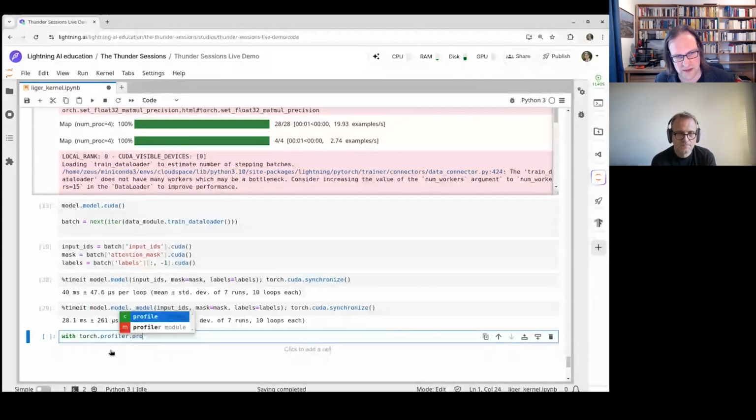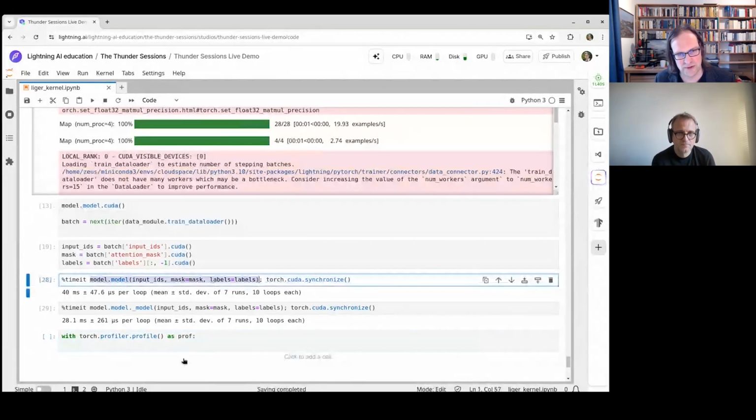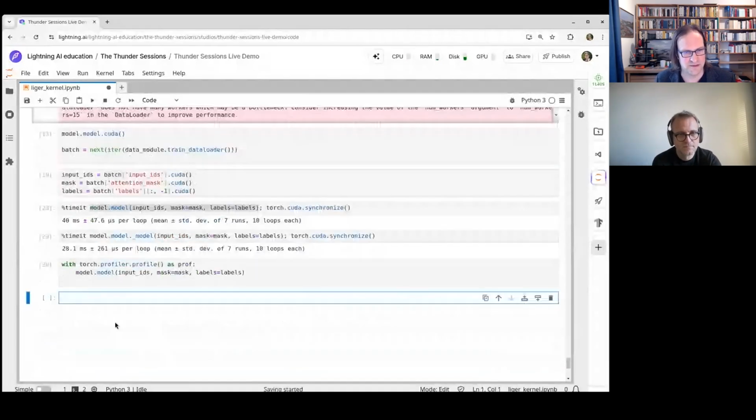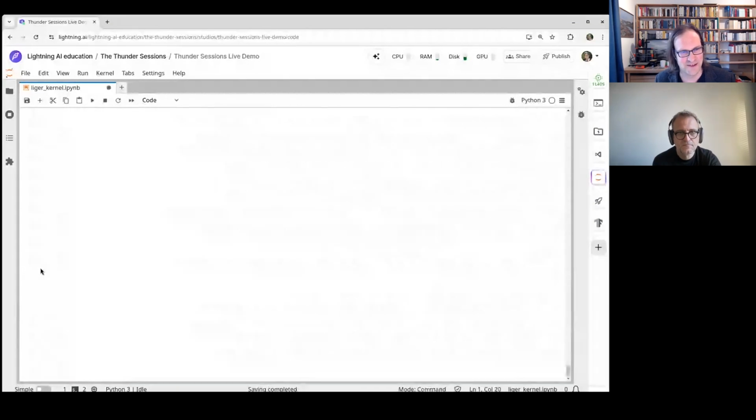In Torch profiler, and I think we saw this in the first or second episode also, you just have this context manager, torch profiler profile, and you give it a name, and then you run whatever workload you want to analyze in this section. Then from the profiler you can take the key averages, but this is a bit dense to look at.